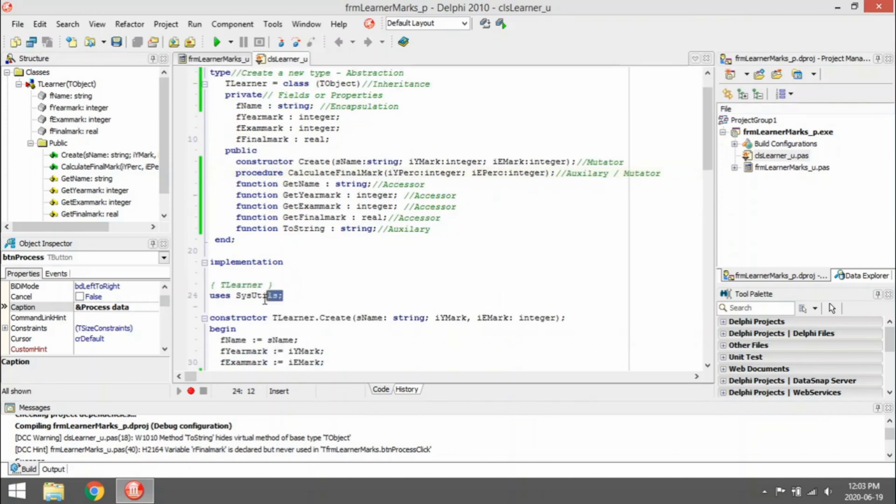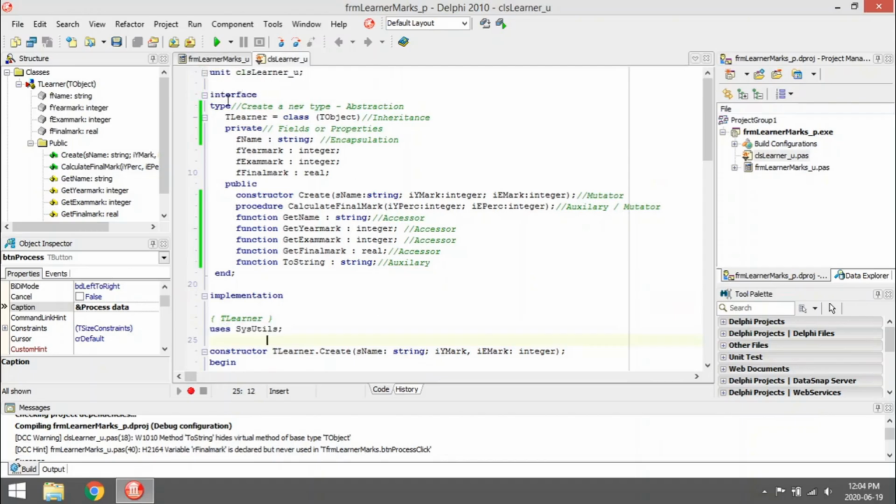First thing I'm going to do is add the uses, all the modules that I'm going to use. The one that I'm going to use is SysUtils, so I'm only going to add this one. And then I'm going to create my new type. When you create a new data type that is not yet known to Delphi, it's called data abstraction. I'm going to say TLearner, T because it's a new type, equals class. In brackets, I'm going to add TObject,